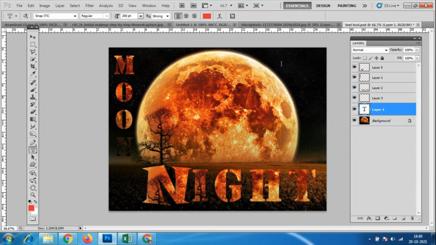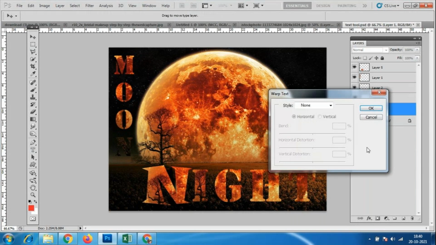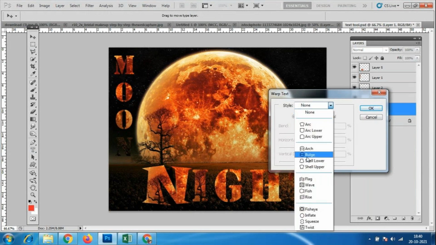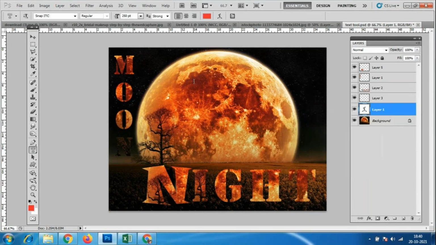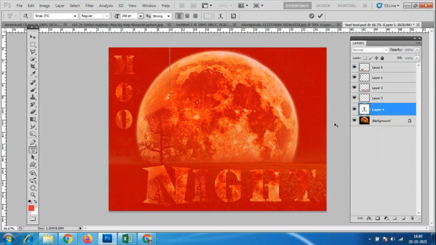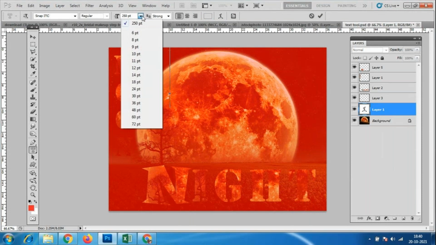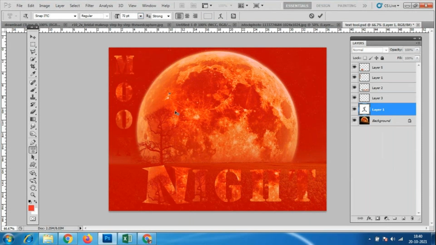Suppose I add the layer mask in the beginning, suppose flat text. Let me check whether I could add it or not. I have given here 72. Okay, make it 100.